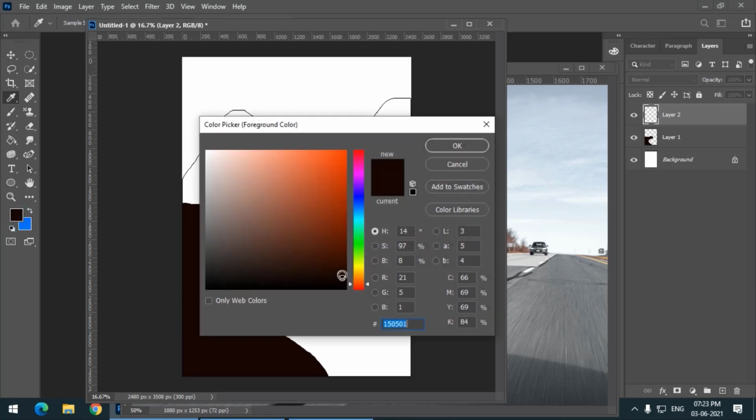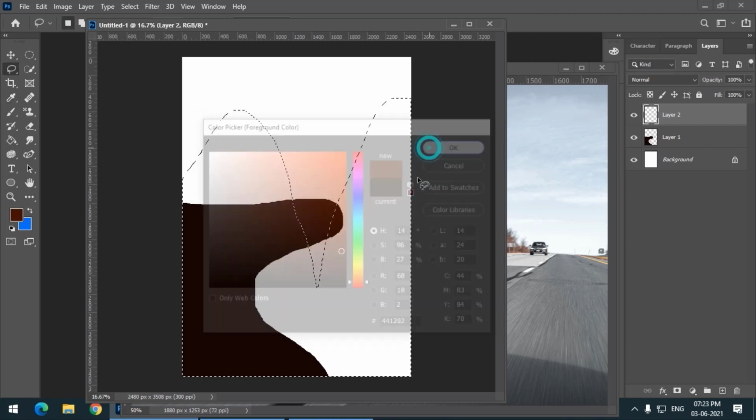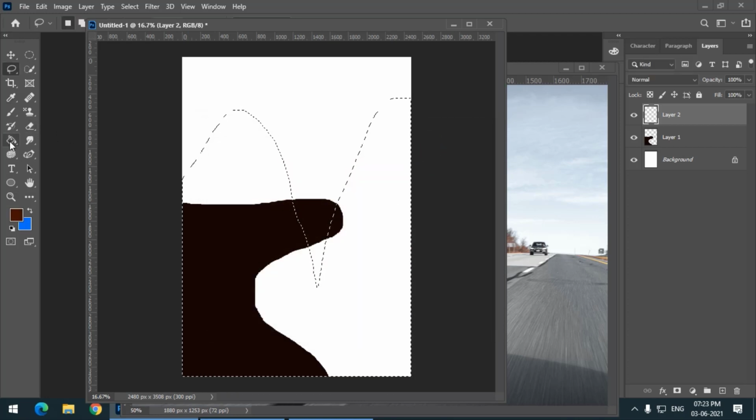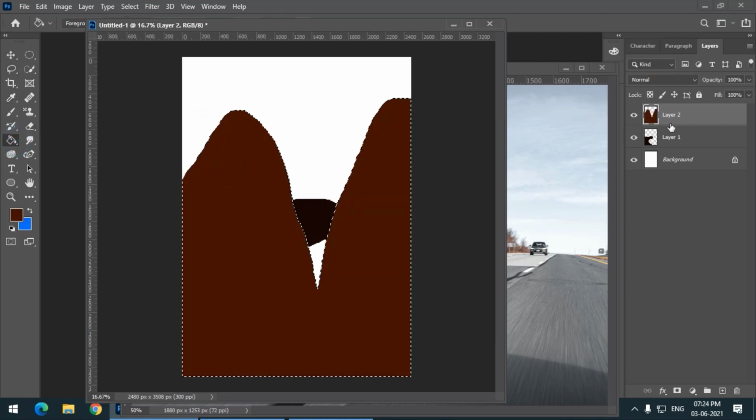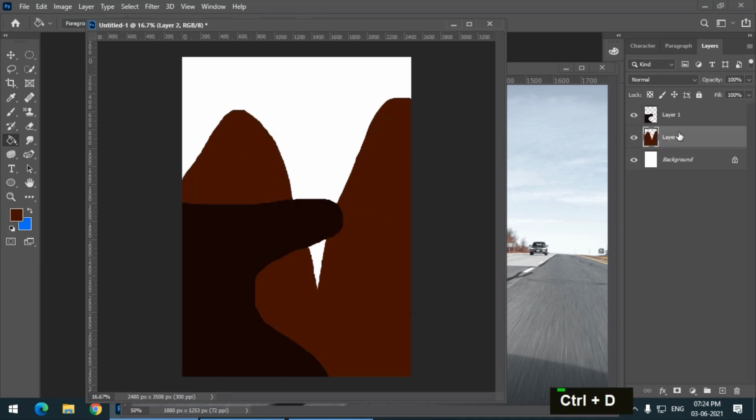I will show you. I will lighten the color a little bit like this. So this will be a monochromatic kind of a thing. So this layer is above layer 1, that's why we are not able to see the hill. So I'm deselecting this one, Control D, and I'm placing this layer below layer 1, so we will be able to see this hill.